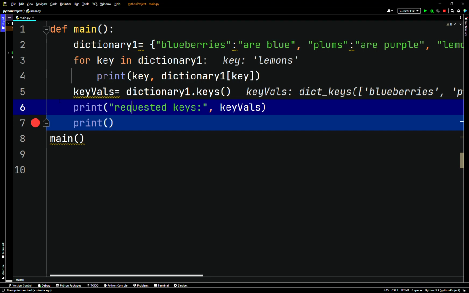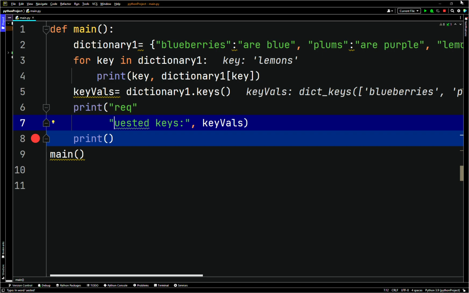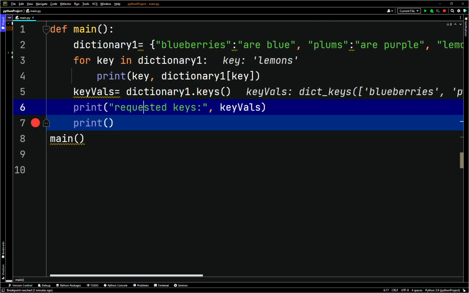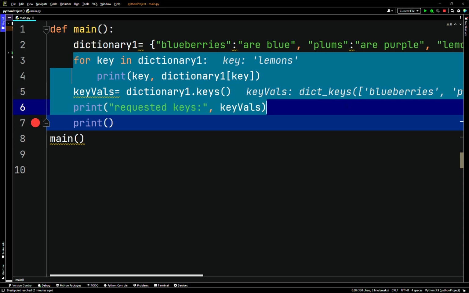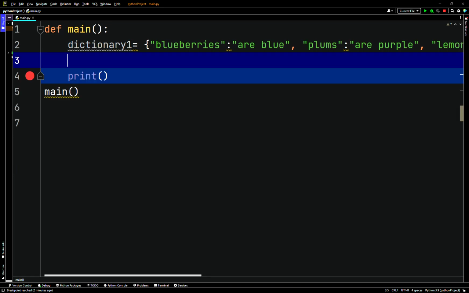So let's go with a for loop to iterate over the dict keys. Haven't we done this already? Actually, nope, because this is the keys method. We've made our own key variable, so let's go with this instead. Let's delete this stuff. So let's go with for key in dictionary 1